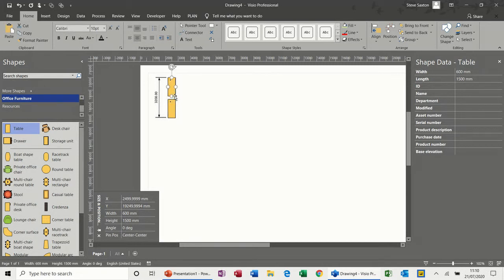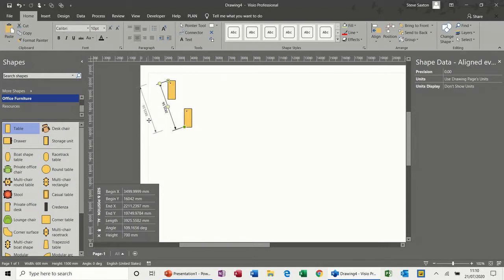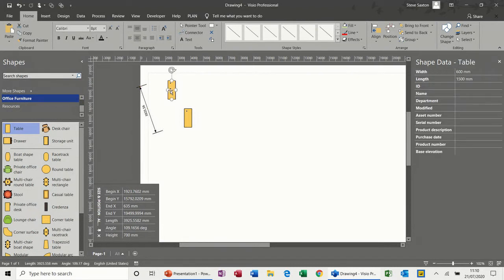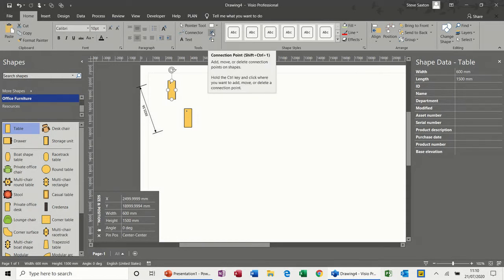So what I need to do is put some connectors on these. That's what I'm going to do. So just get rid of this for a minute and add a connection point on the bottom one of this and the top one of that one. Now to do that I need to activate this connection point icon. Click that, move your mouse to where you want the connection point, and then hold your control key down and then click. That should give you a connection point,